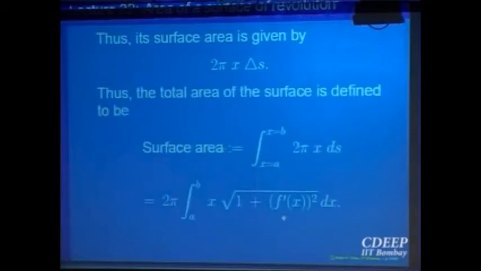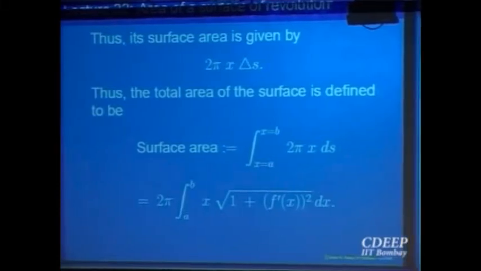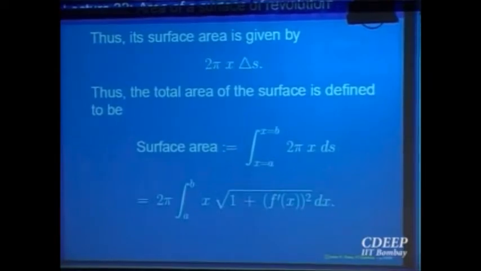That is the surface area of the cylinder, and you integrate. So that was the formula that we obtained in one variable. We want to see whether we get the same formula when we do it with our new method of parameterization. So first of all, for a surface of revolution, I want to give a parameterization. How do we give a parameterization for a surface of revolution? It is the graph of a function, and we want to rotate it.